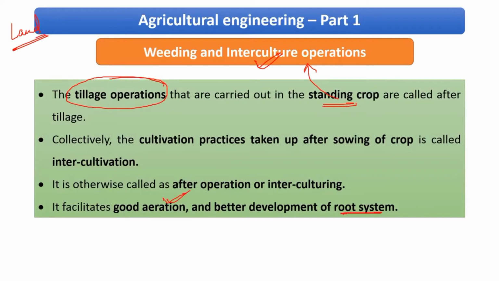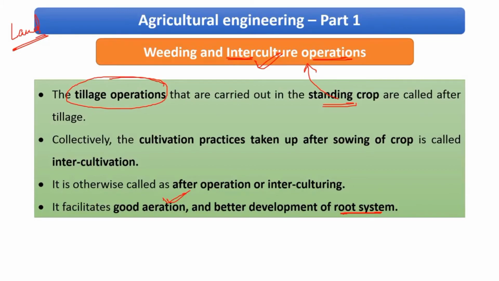root system. So once you have cultivated the crops, you can see that there can still be a chance of certain intercepting of roots within the soil, or compaction of soil because of the great heat that is formed. So in that case, you need to perform certain operations in the standing crop itself within the field. Those operations are nothing but the interculture operations, right?